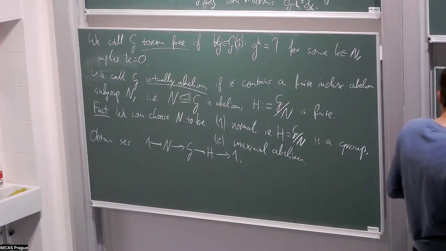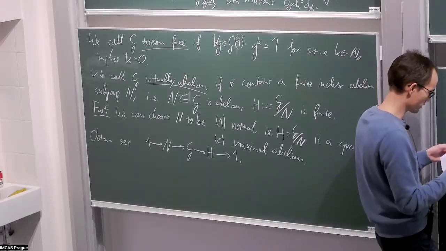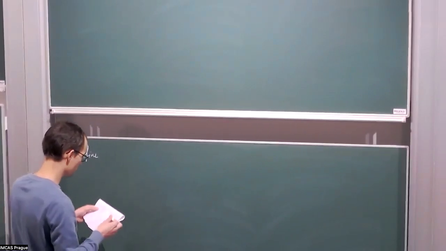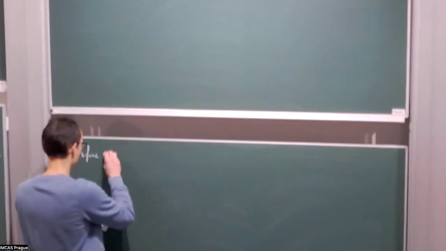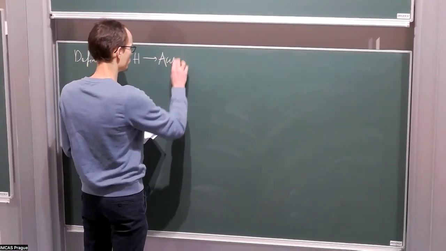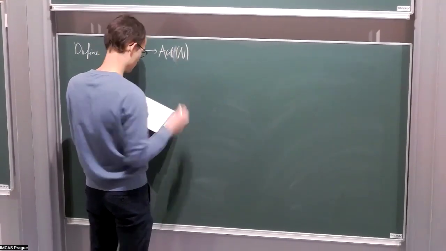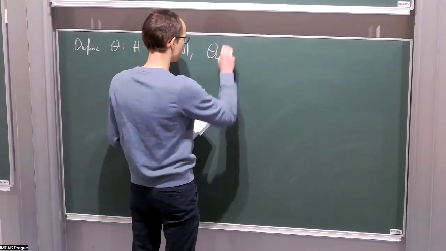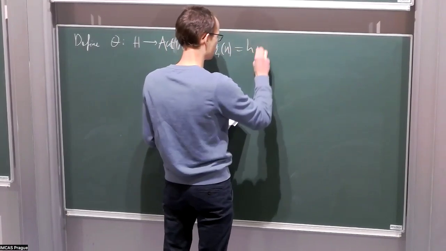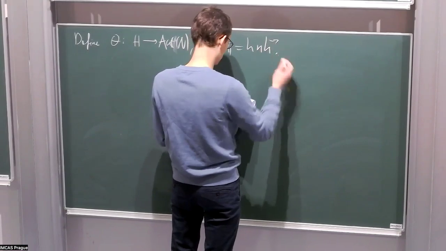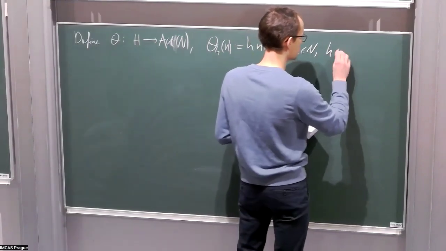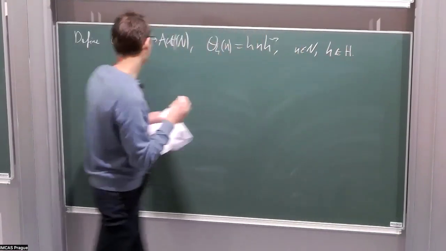So what data do we get from this short exact sequence? So first of all, we define an action of H on N. We define theta, which goes from H to the automorphisms of N. And it's defined by conjugation with elements in H. So for n in N and h in H. And now,